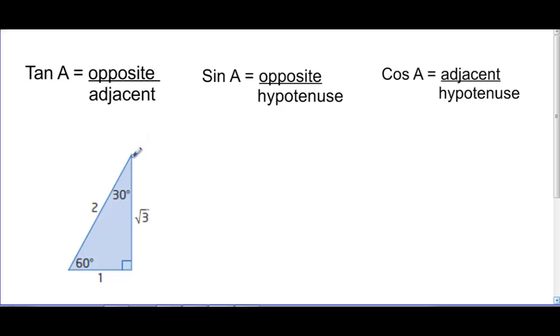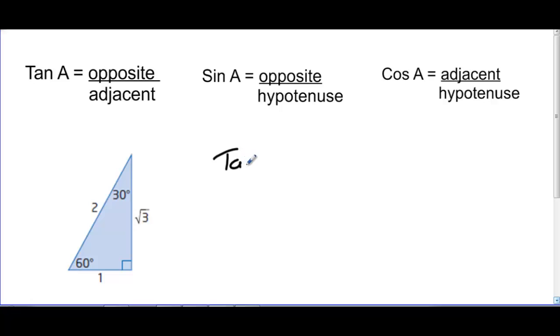We can do the same thing for a 30, 60, 90 triangle. Now we get the sides of a 30, 60, 90 triangle if we know that a 30, 60, 90 triangle is an equilateral triangle that's been folded in half. So we know an equilateral triangle has angles of 60 degrees. If we assign the side length of a 60, 60, 60 triangle as 2, when we fold it in half, that means our other leg is going to be 1. We can use Pythagoras' theorem to calculate the third side, which is going to give us the square root of 3. So using this triangle, we can calculate